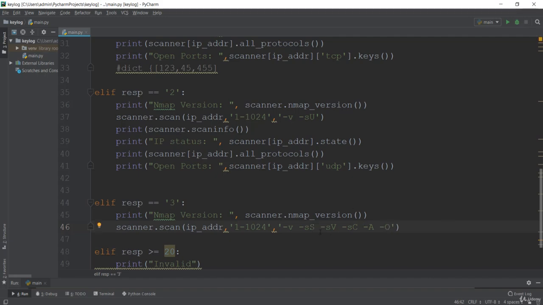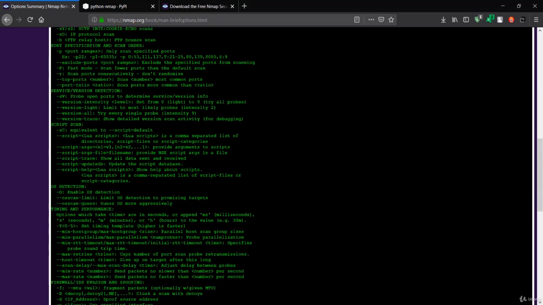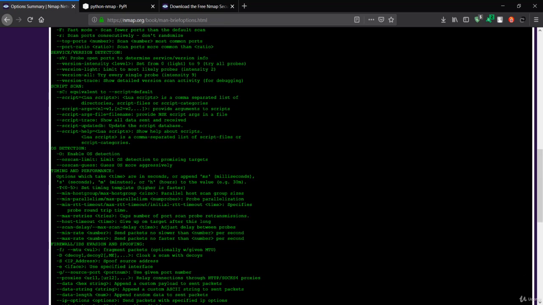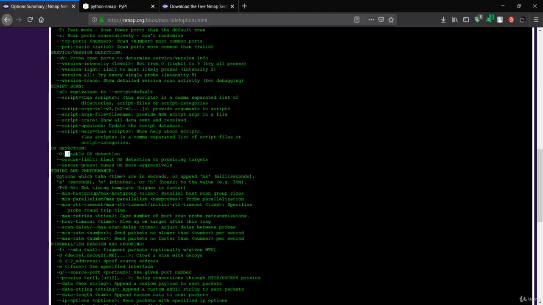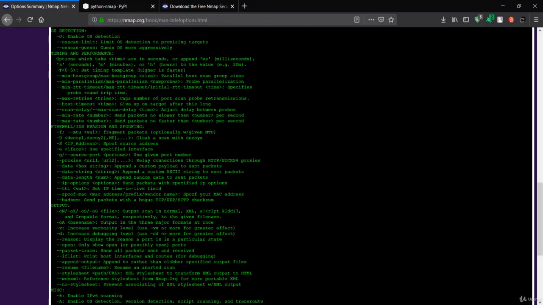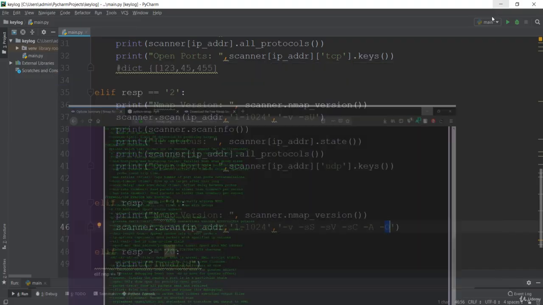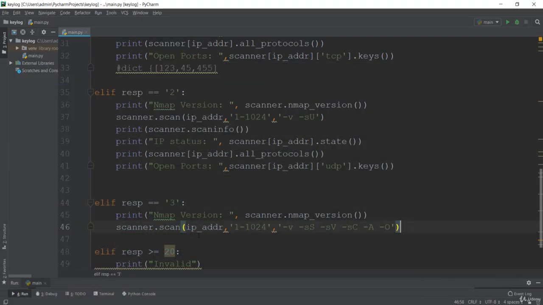If you want to gain more knowledge about this argument, you can simply search here. If I search for -O, we have just added -O over here. This -O argument is saying that this is to enable the OS detection. You can see Nmap has a bunch of these arguments, but just remember, if you add more and more of these arguments, the scanning process will be more time consuming.